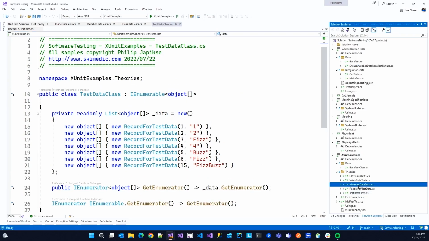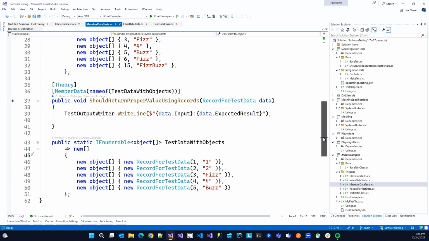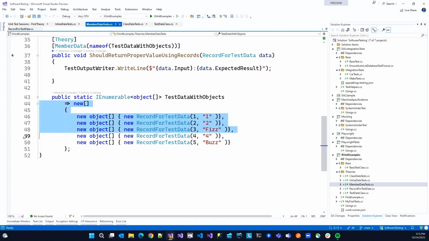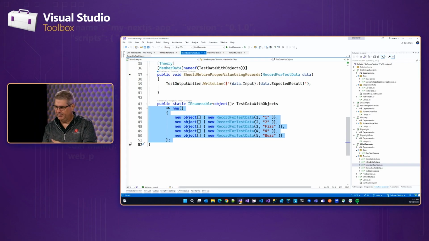Oh, you know what? Let me back up. So what do we have here? We have a method that is returning an array of objects. You had made the comment about pulling data from a database. Yeah. So let's say that I had a setup in a database where I had the first 1,000 FizzBuzz in a table, right?